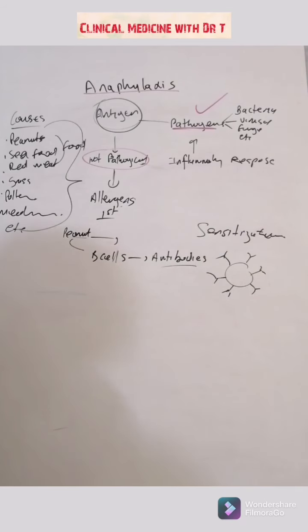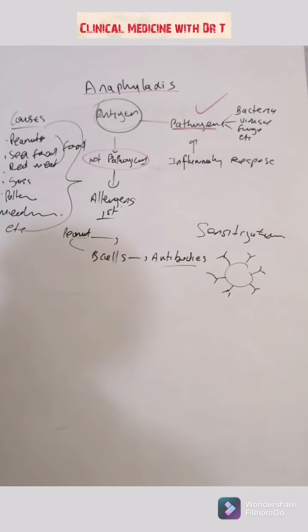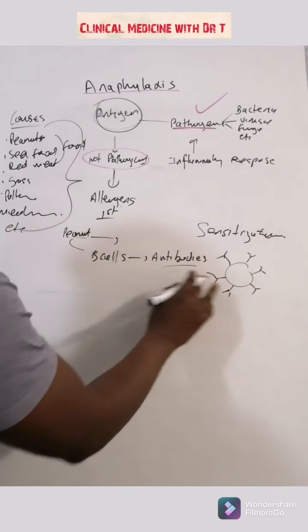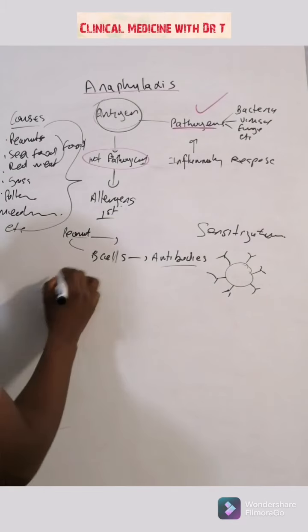I'm going to repeat this. I'm allergic to peanut butter, but I don't know. So what happens is that I take the peanut. The protein in the peanut butter causes the B cells, the B cells recognize the protein in the peanut butter as foreign, as a pathogen, but it's not. And then because of that, they produce antibodies against that protein in the peanut. And then those antibodies, they go and attach to the mast cells. Then they just sit there. Now, that's the first time.